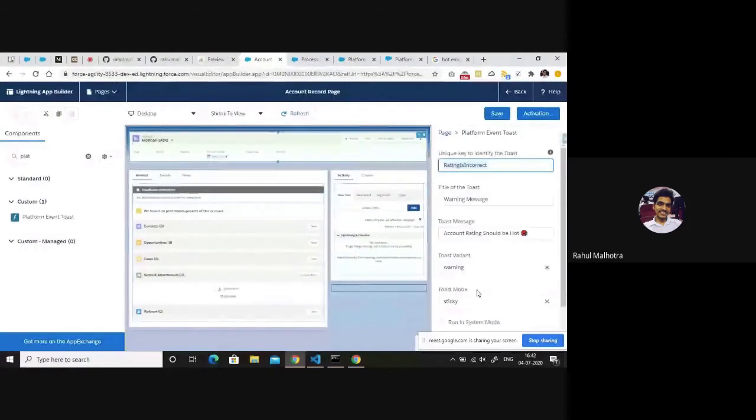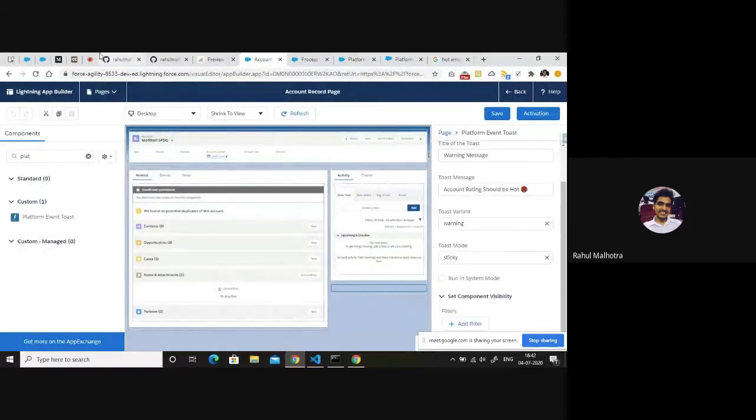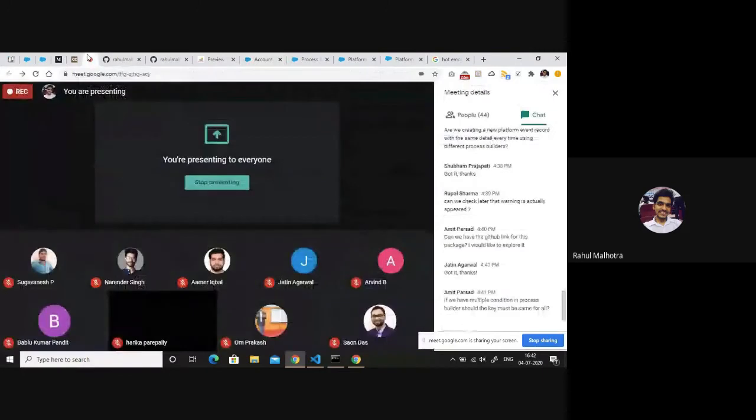a component visibility in a Lightning component, or you can just modify this platform event toast to create a record as well. In that case, you have a history of the error messages that appear. Like we use in projects when we work on a Salesforce project, we sometimes create a separate object where we can store the exceptions that are happening in our Apex code, right? So you can create a simple custom object, and you can store a record in case you want the warnings to be stored to check them out later.